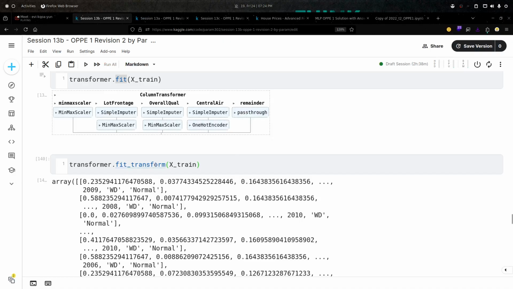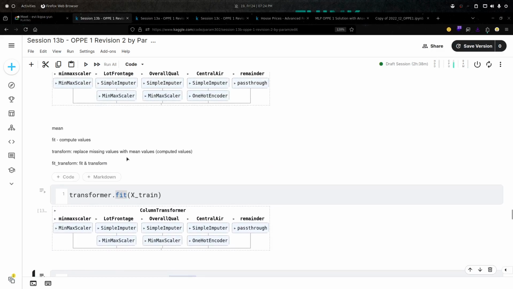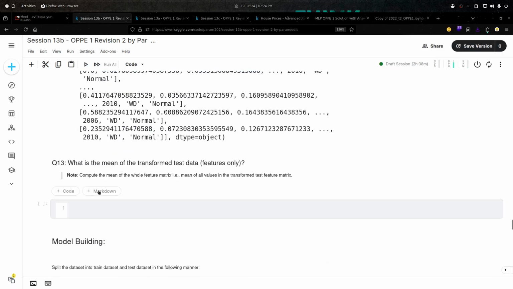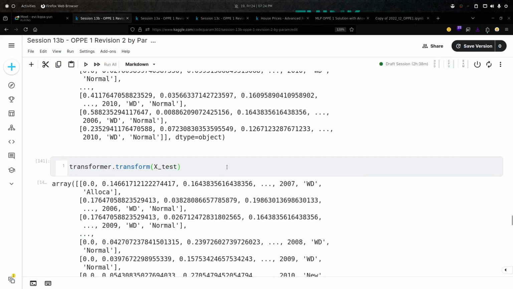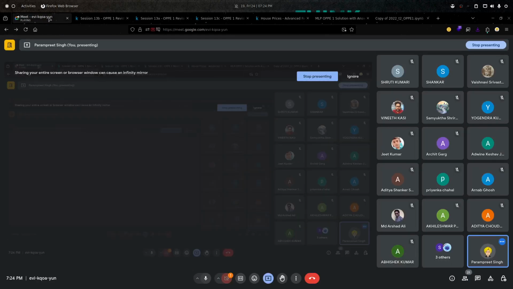I can only call fit_transform on training data, because based on the training data we compute the values. And then for the test set, I will simply call transformer.transform on X_test. All right, so this is how it is working.